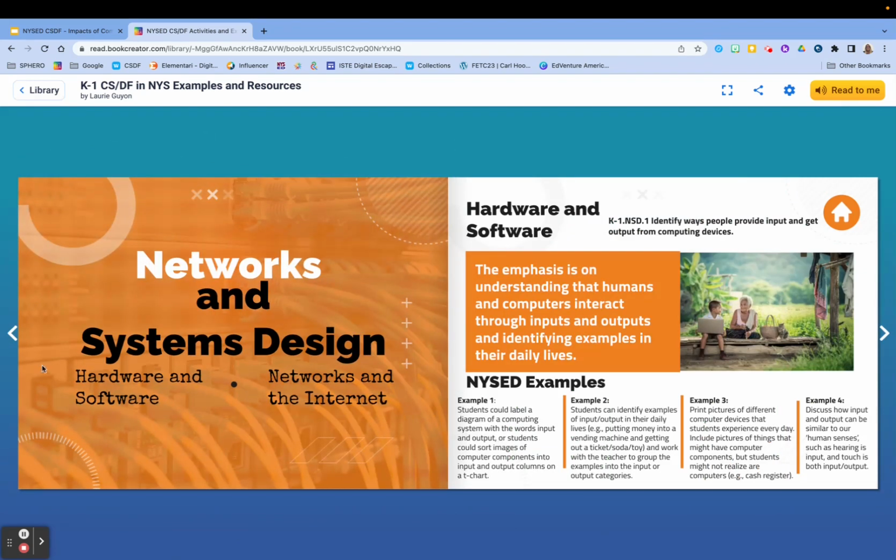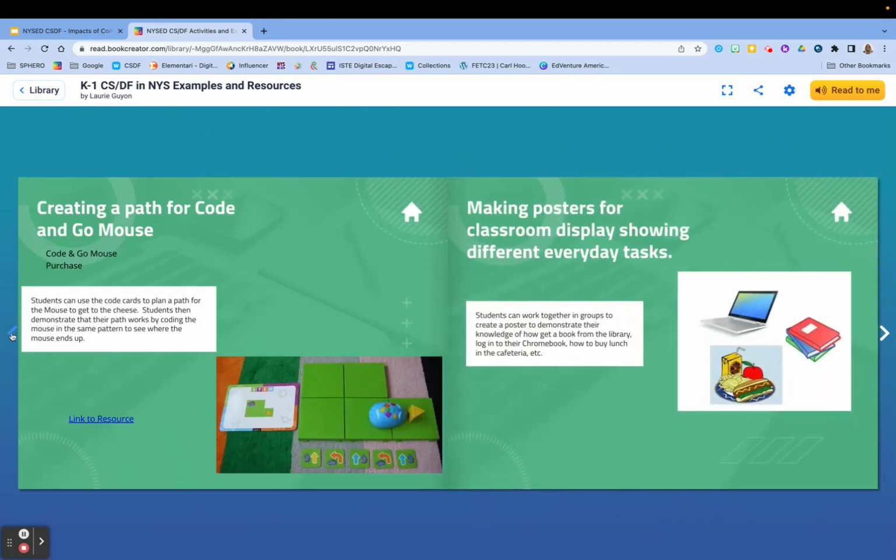So those are the standards for the computational thinking concept area. Go ahead and take some time and look through the activities and see how you can roll these